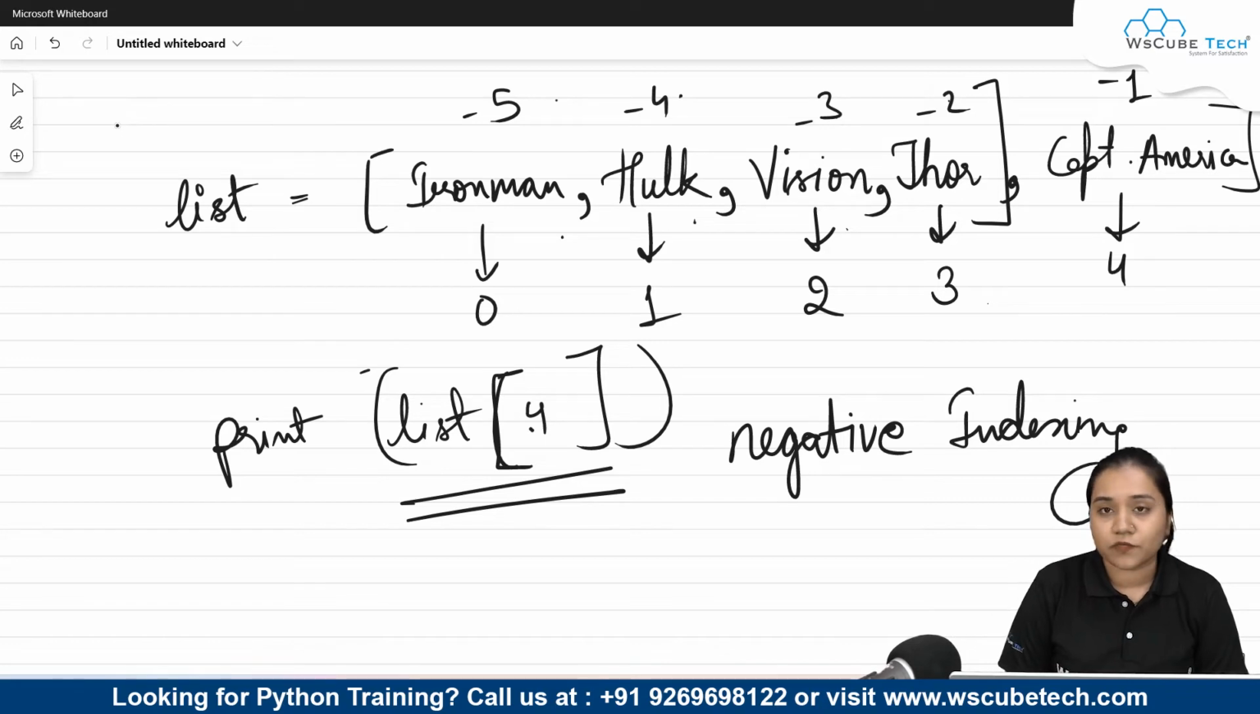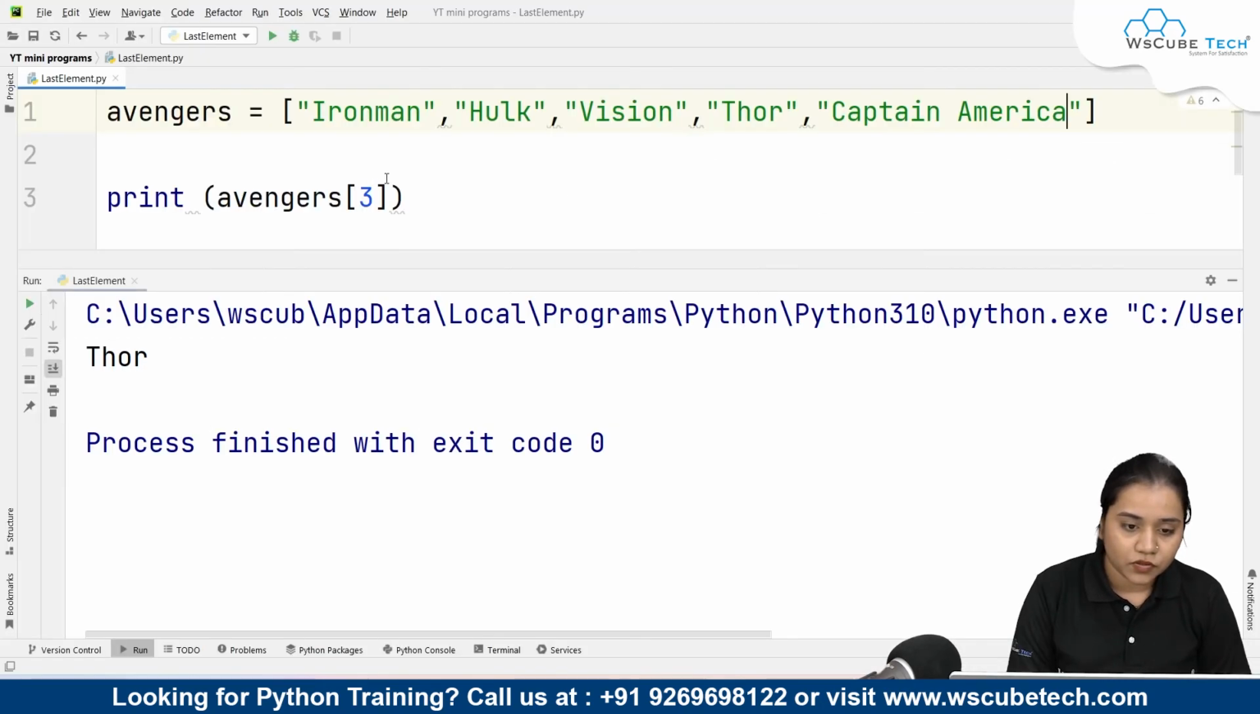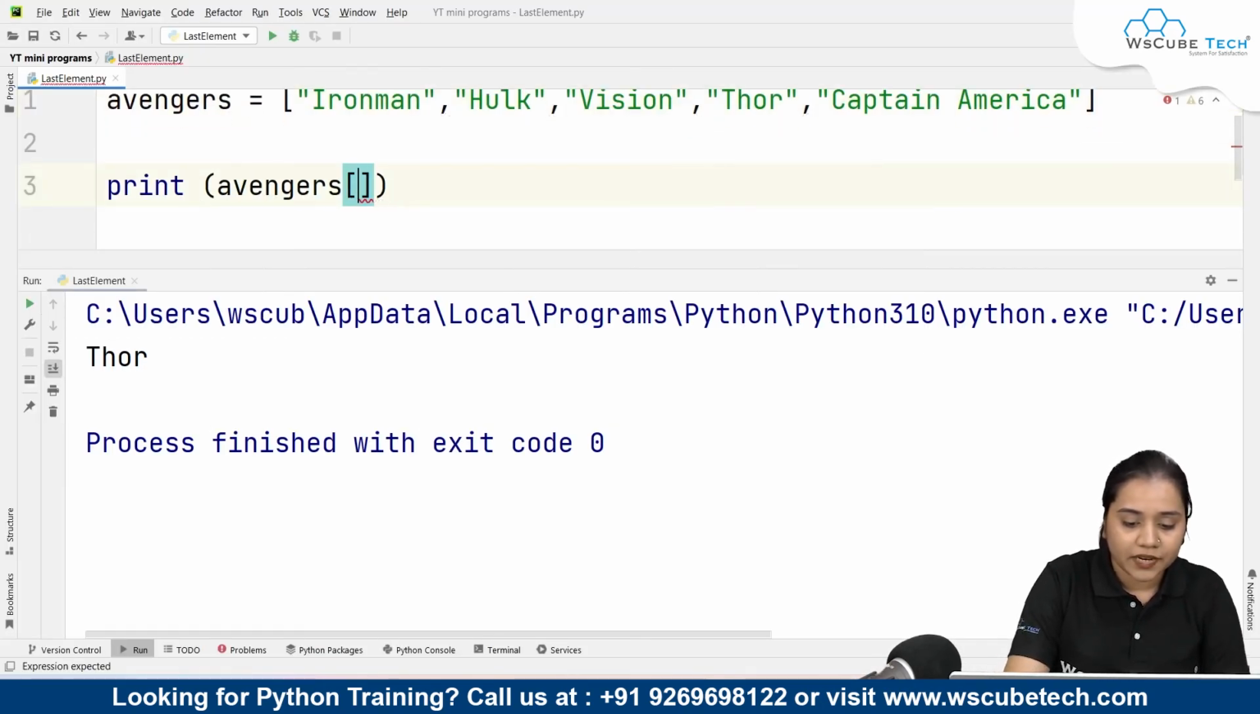Similarly, if we talk about the first element, it doesn't matter if the list has 2, 3, 4, or 5 elements, the first element will always be on index number 0. Similarly, the last element will always be on index number -1. So instead of writing the positive index, we will be writing the negative index over here. Here, instead of writing 3, I'll be writing -1, and as soon as I run it, I'll get the